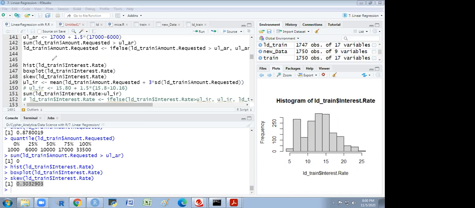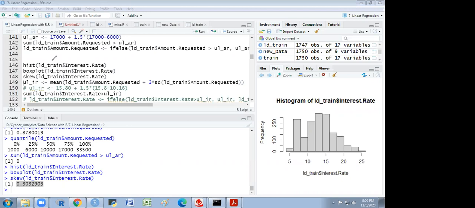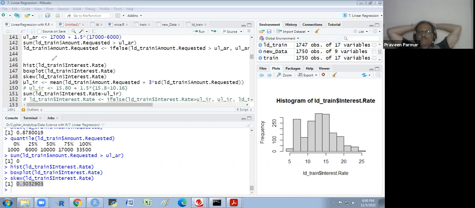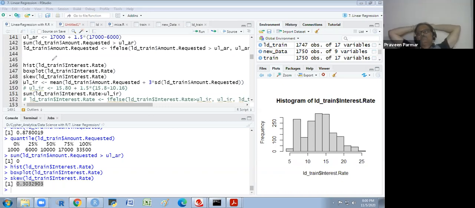I mean for positively skewed, it was 0.93 something, right? That's okay, no problem. I mean, is there a range for positive and negative skewness? I'm asking. -1 to +1, basically. If it is greater than that, if the skewness is 5, then you have to rescale it. Rescale means you have to change the scale.